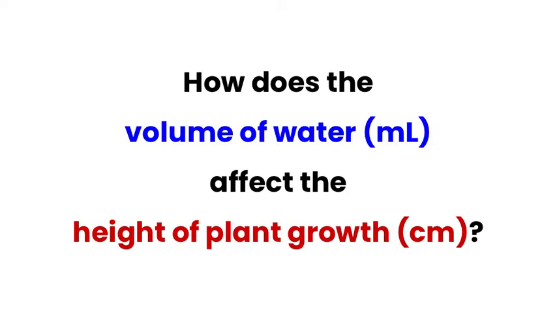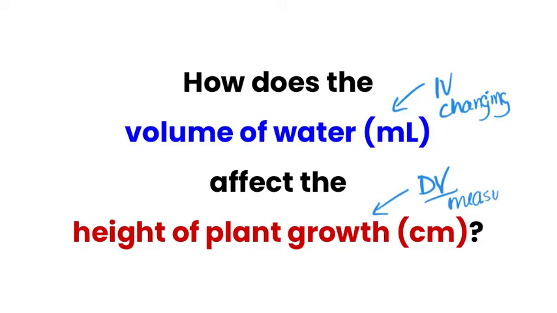So let's go back and look at our example here. How does the volume of water, remember this is our independent variable or what we are changing, affect the height of plant growth? So our dependent variable is what we are measuring. Okay. So once we've collected a set of data for this experiment, one way that we can display it is